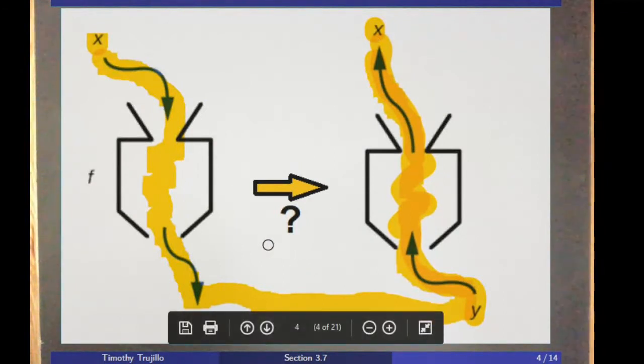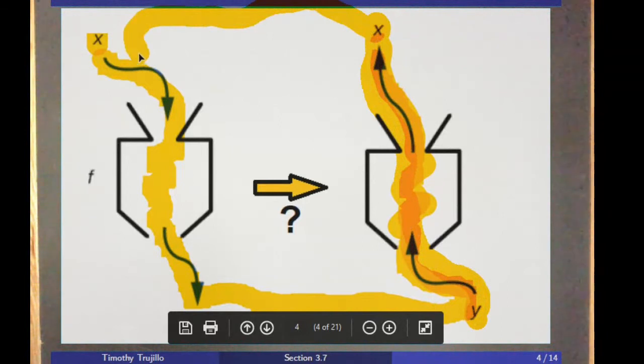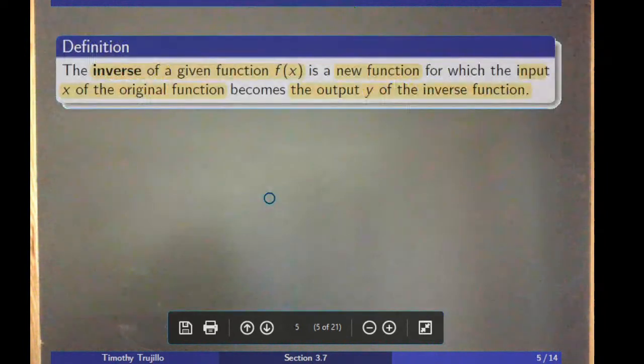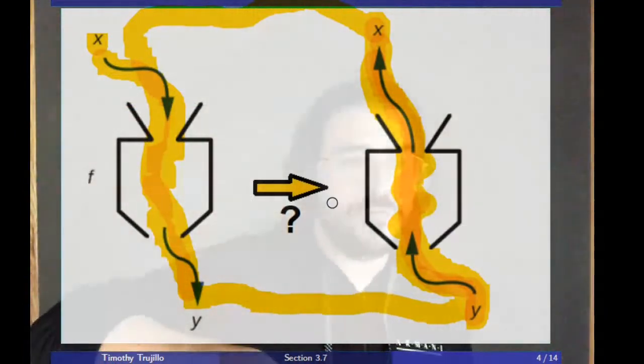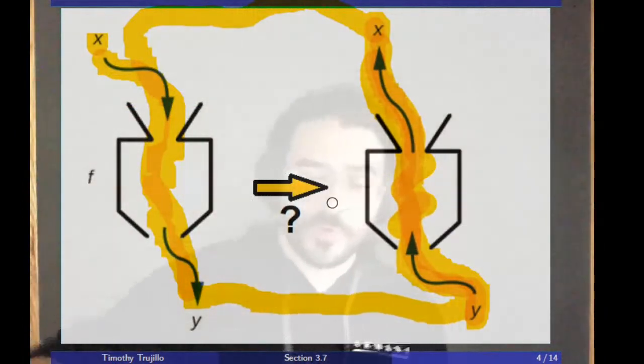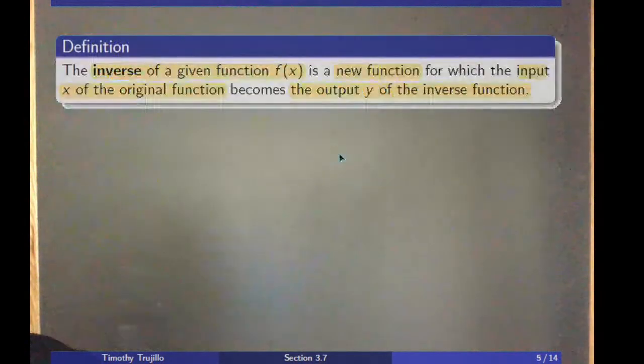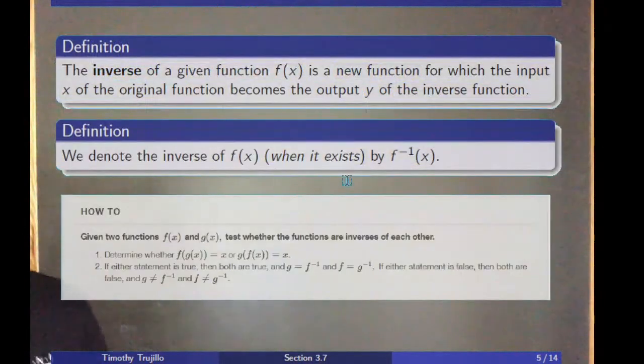And you can also do it in a different order. Here I started with x. You could also start with a y, this y down here. If I start with this y, run it backwards to get to an x value, I can throw that x value into this machine. It then runs it forward, and you get back to y. So these two machines are undoing one another. And you'll notice what we're really doing there is composition. We're feeding the output of one function into the input of another. So we're forming the composition of the two functions, and that will be our method for determining if two functions